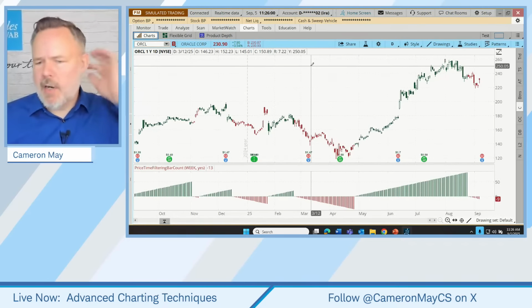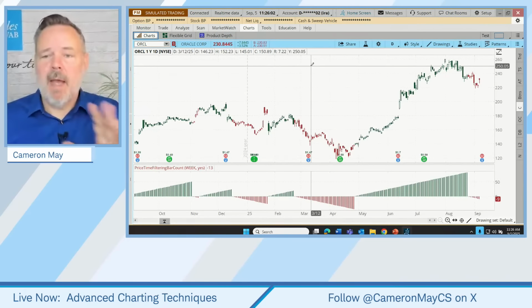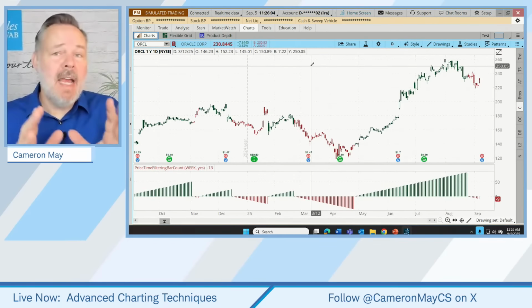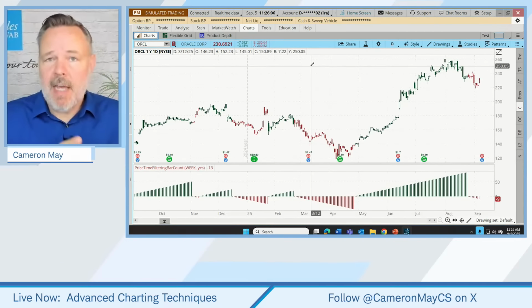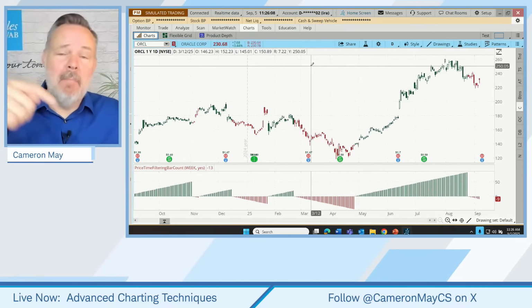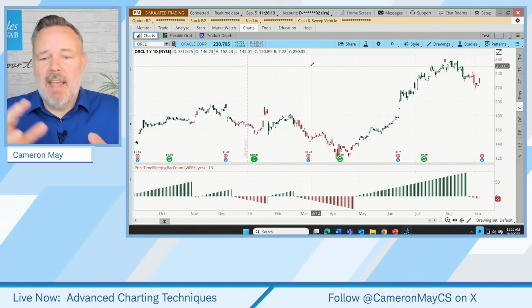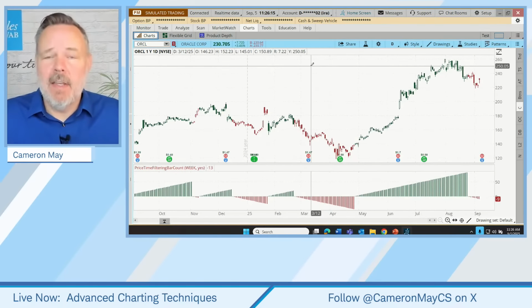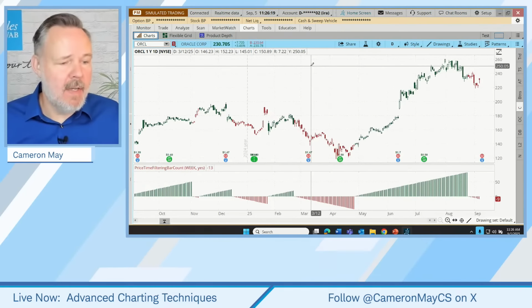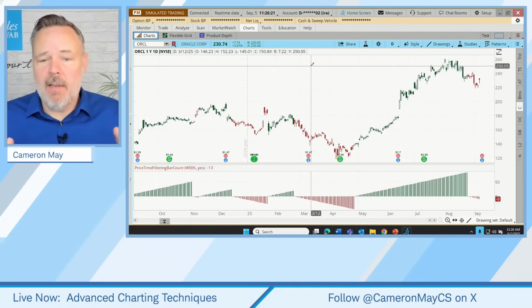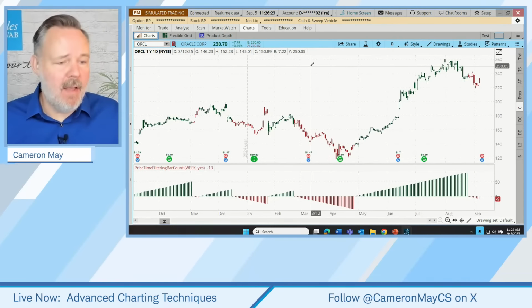But let's go back to our chart now and talk about how this might be used, how it might be tailored to a trader's preferred time frame, and then how it might be combined with, let's say, a typical companion technical indicator to create a trade system. We're going to create that trade system. We're going to trade it today because this is not an indicator that's intended to be traded all by itself.